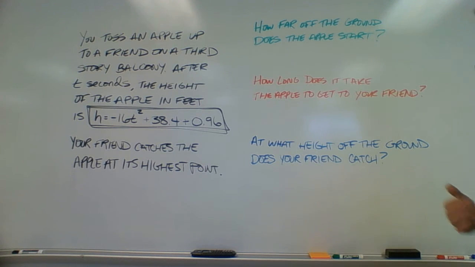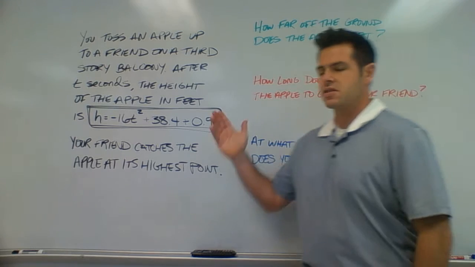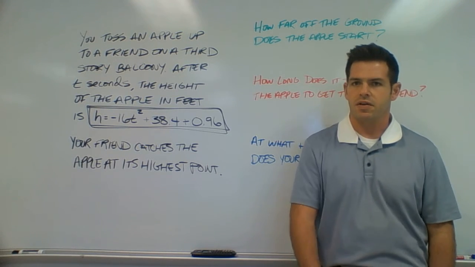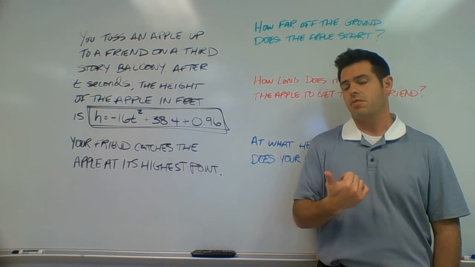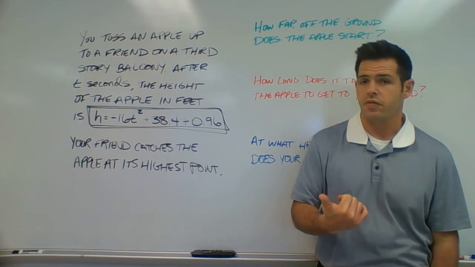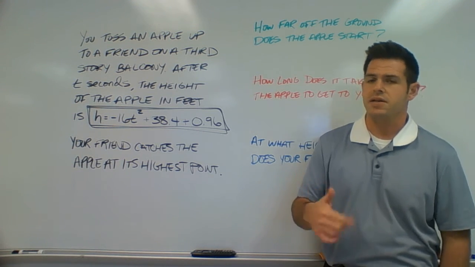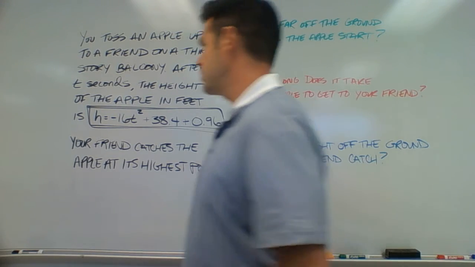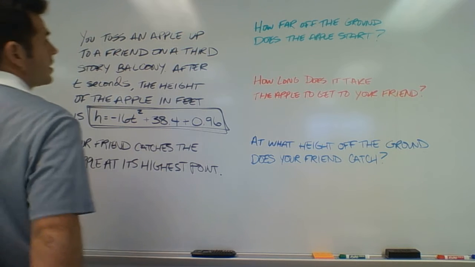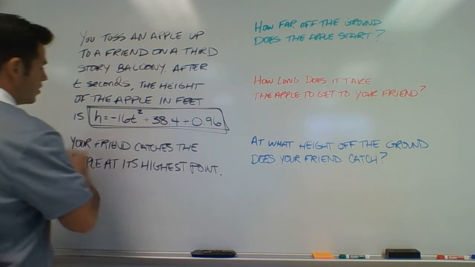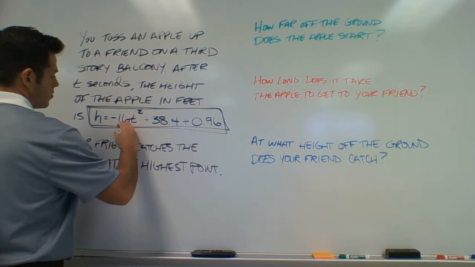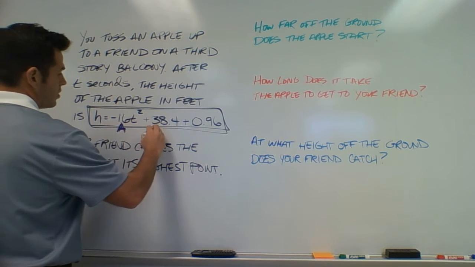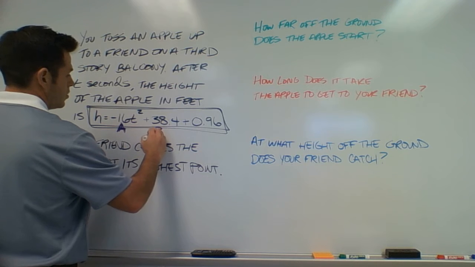So with these, it's important to know that since we have this in standard form, it might not be a terrible idea for you to first write down what the standard form of a quadratic function is, as well as what information we can get from that right off the get-go. So I have our function right here. We know that our a value is going to be this negative 16. We know our b value is